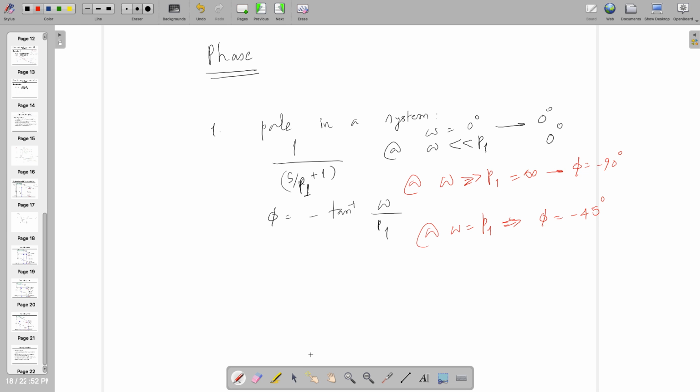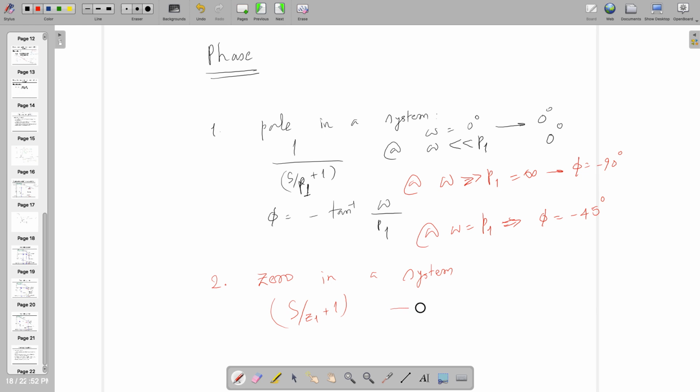So 90 degree will be added. That is the main thing happening here. So now let's use that one on top of another thing. If there is a 0 in a system which looks like